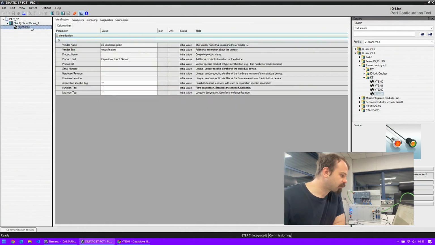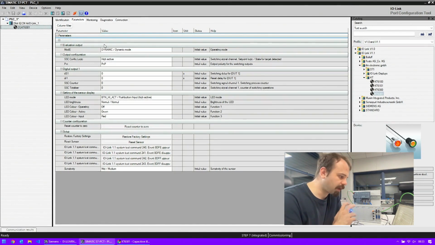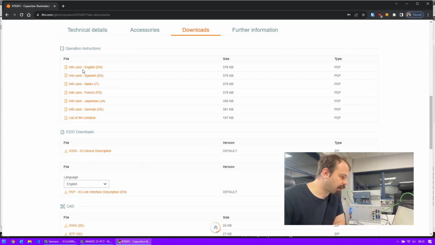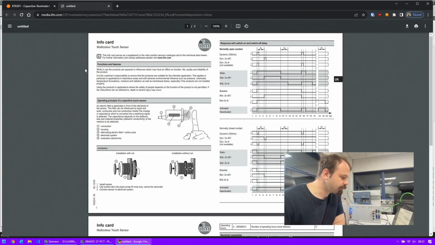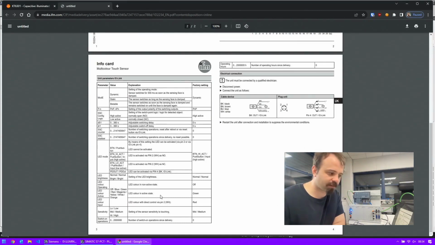If I click on the device and head over to the parameters page, then I have all of these different possible settings, and I'm going to need to change some of these in order to make it work the way that we want it to work. So if we have a little look here at the info card, we can see some different information about the sensor, but what's important here are these parameter settings, because this is what we're going to need to